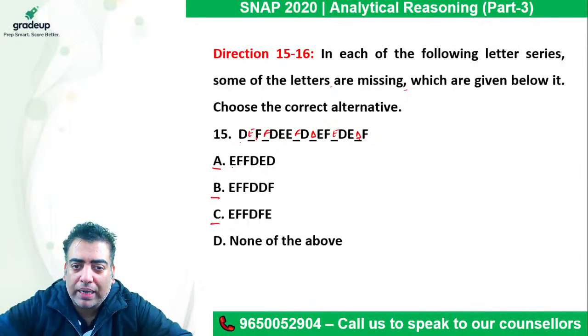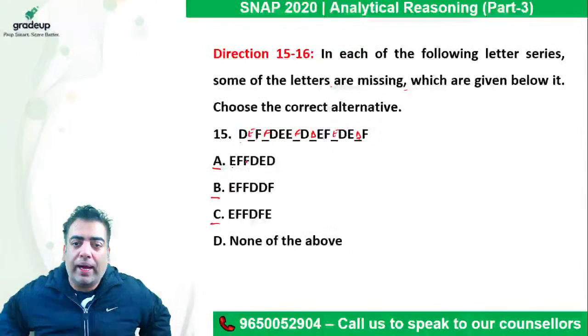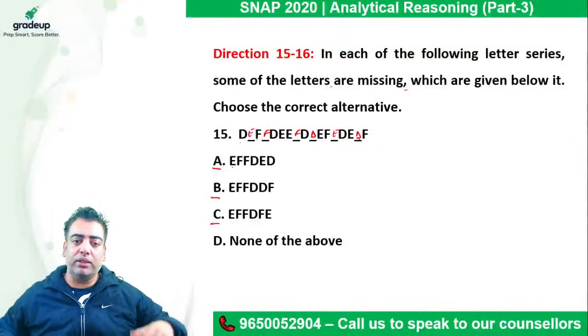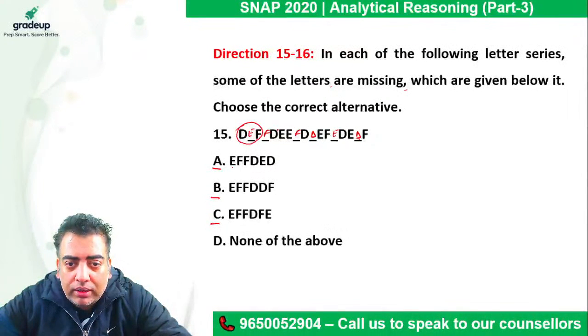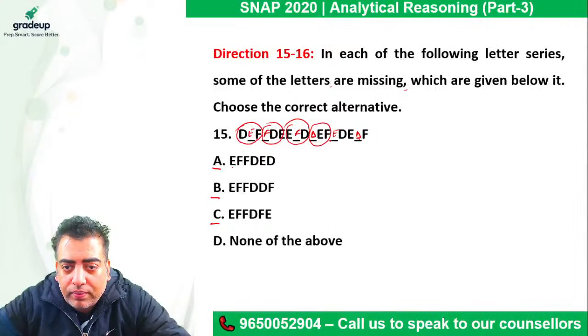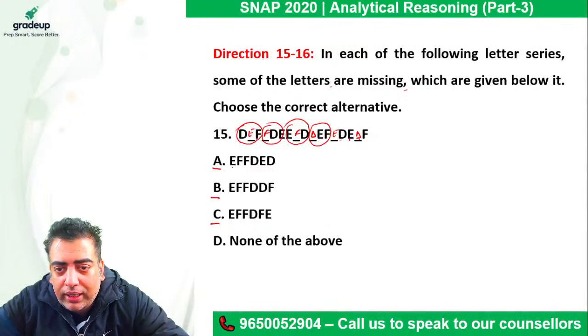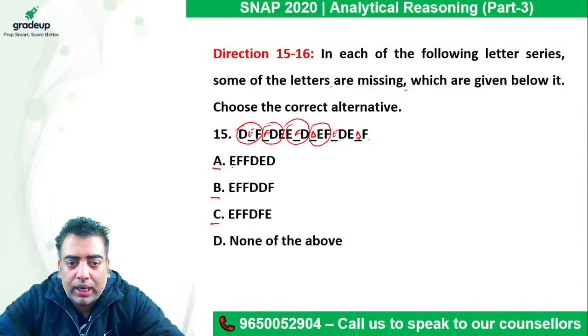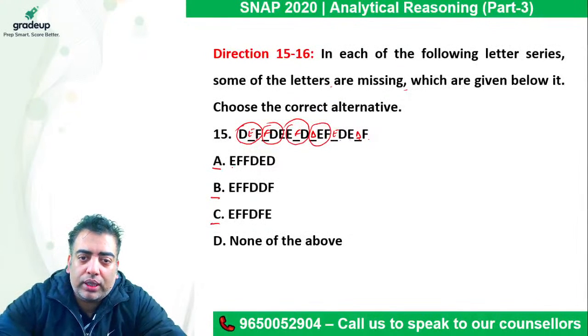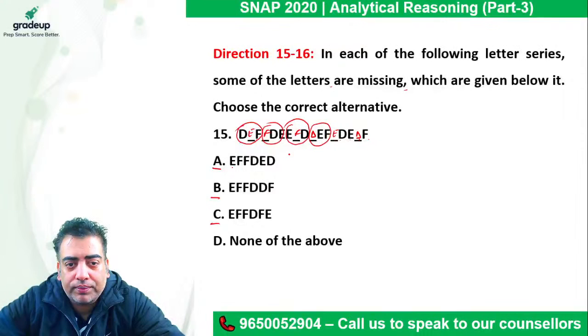The pattern can be studied for 2 values, 3 values, 4 values, 5 values, any combination can be studied. So we got DEF, then FDE, then EFD, again DEF, then EDE and then DF. So the structure is not getting completed. Guys, please have a look. We can clearly see that the structure is not getting completed. So let's rule it out and move on to the next answer option.